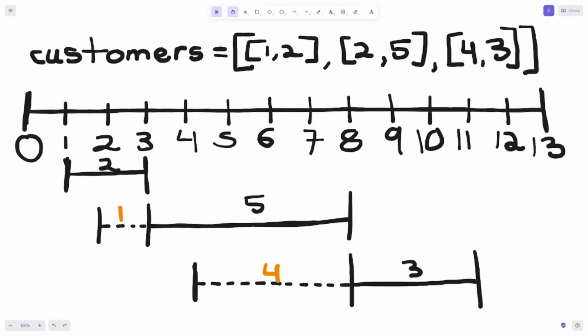Okay, so as provided in the first example, we have the two-dimensional array customers, where each attribute of customers contains the arrival time and the time required to prepare the customer's order. So the first customer is starting at time 1, and it takes 2 to prepare his meal. So the chef will not be available until time 3, and so the next customer arrives at 2, but will